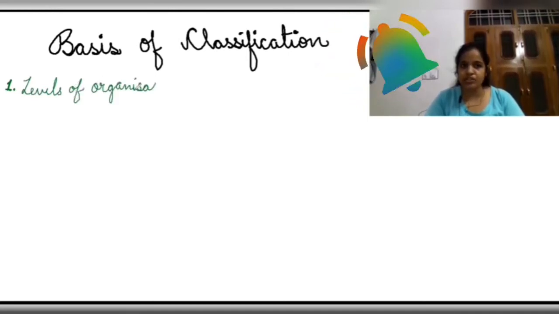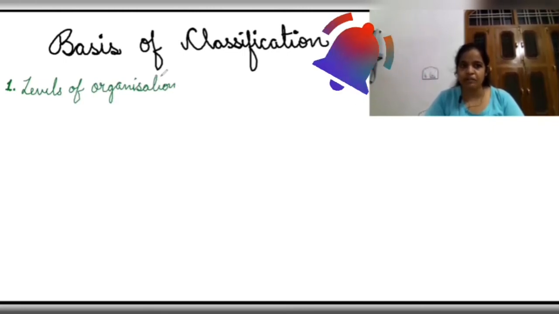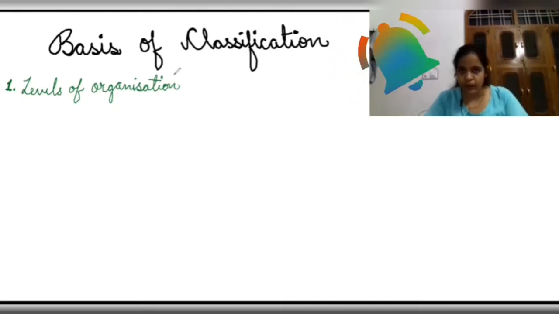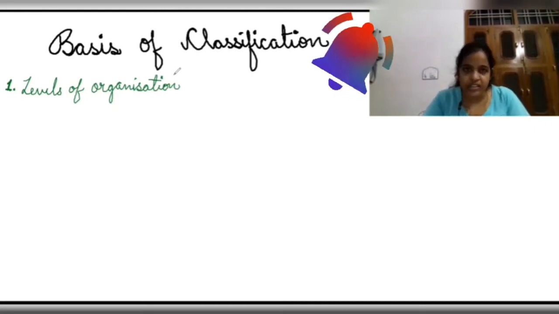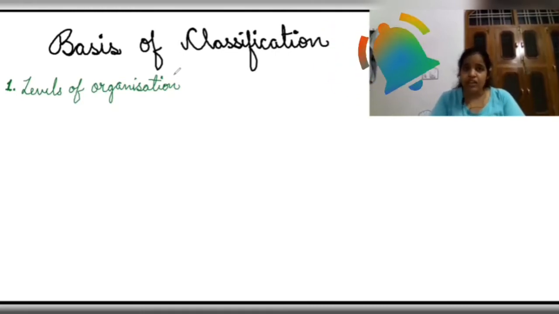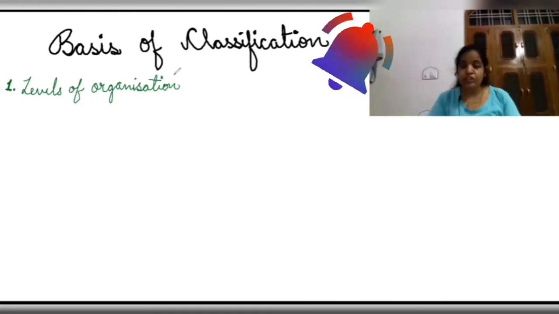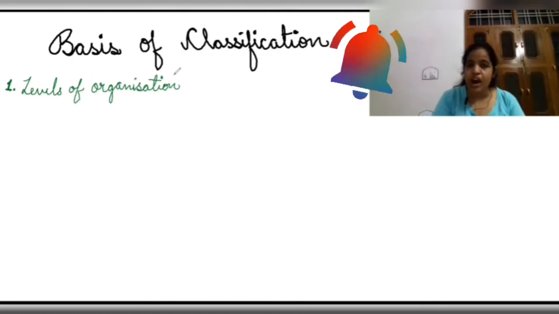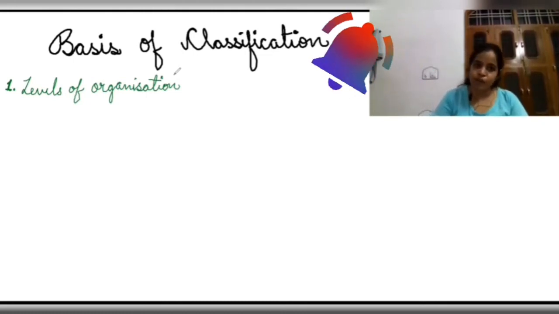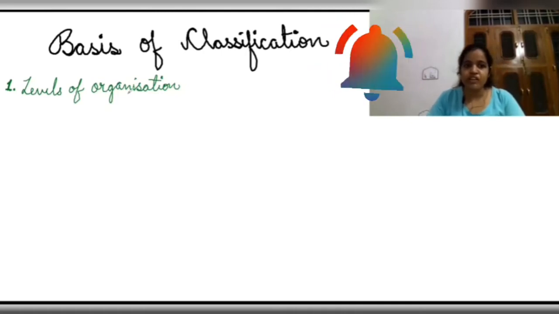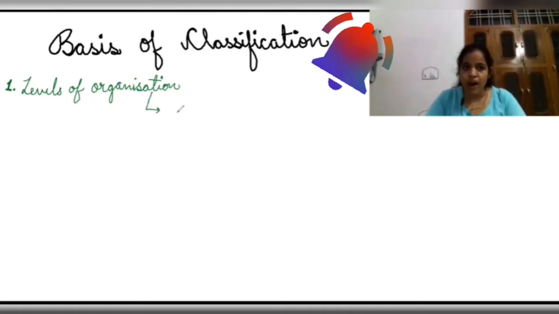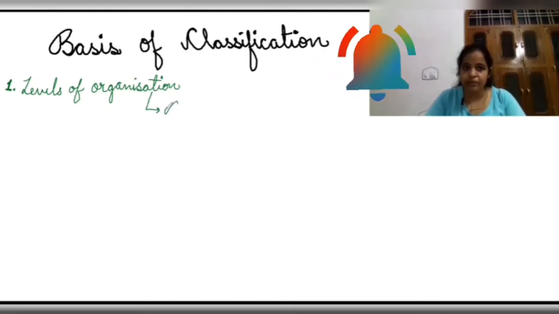So guys, you know that in kingdom Animalia, all the organisms are multicellular, means a single organism will be made up of more than one cell. But it is possible that those groups of cells are not forming the tissue, or they are forming the tissue. So on the basis of levels of organization, we have two partitions. One is cellular level